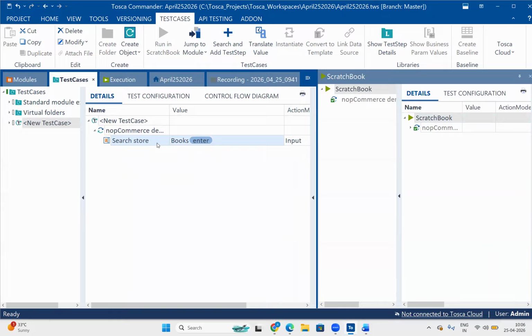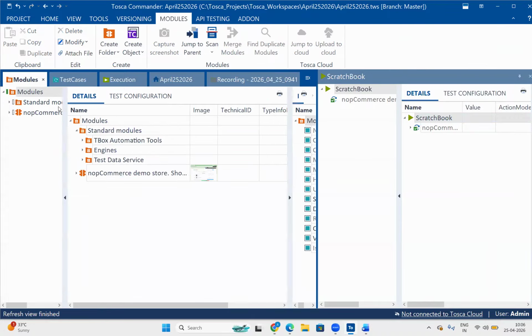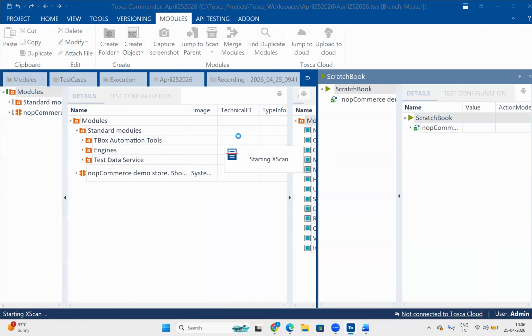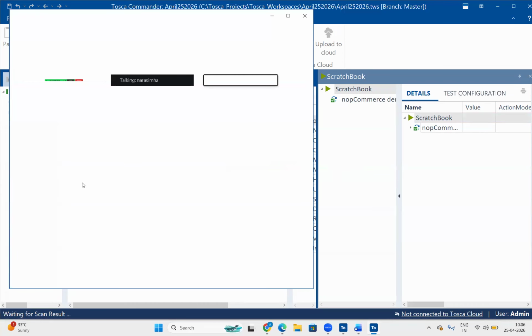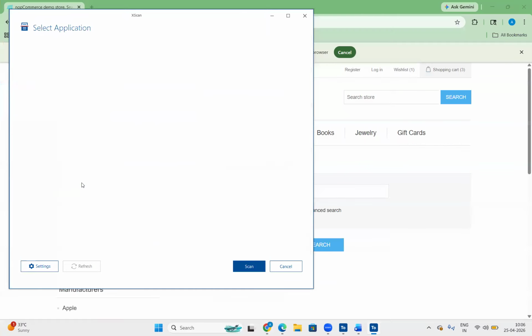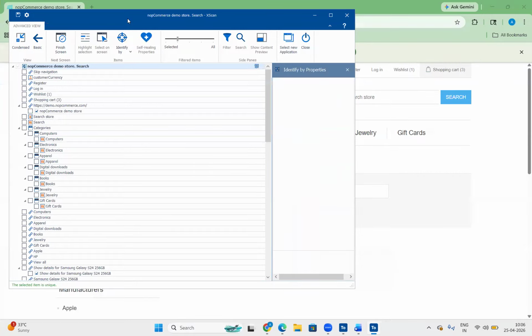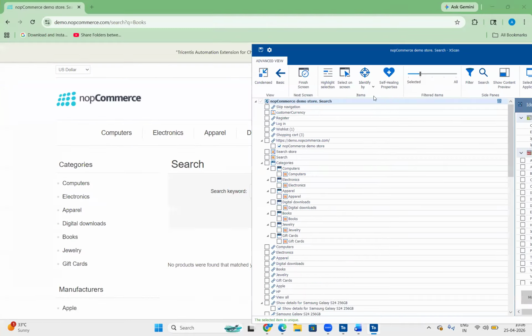Suppose on this page, we can see the set option at the top right. If I want to click some drop-down value out of some 50 to 60 elements, after scanning, after using the X scanner, after creating the module, at that time it is difficult to identify the desired element, correct? Yeah, manually it's difficult, but we have another option here, select on screen.